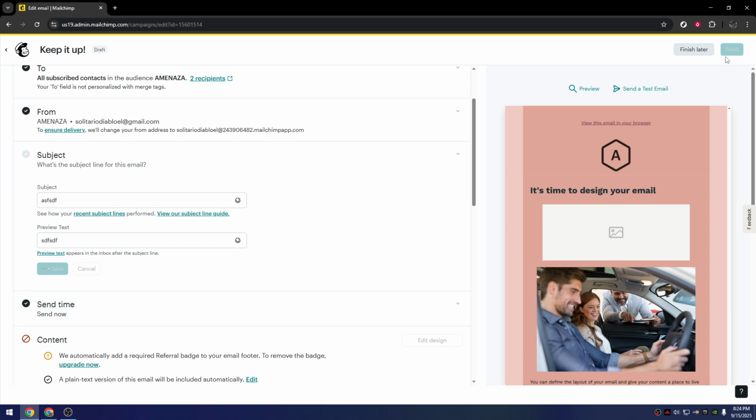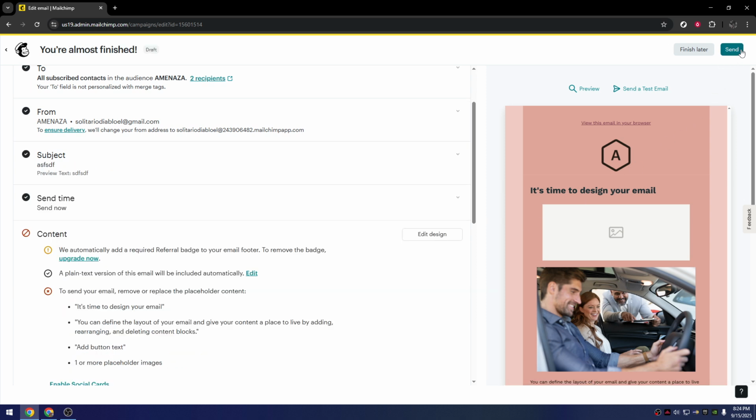That's all there is to it. You've successfully created and sent an email campaign using Mailchimp. I hope this guide has been helpful and empowers you to reach as many people effectively with your email marketing